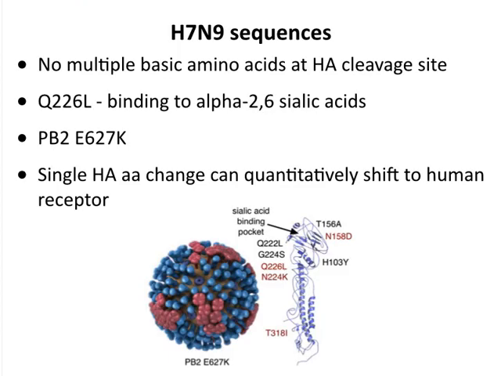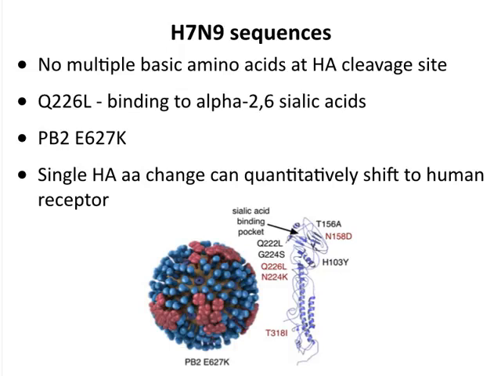If you look at the sequences, you get some clues about this virus. It has no multiple basic amino acids at the HA cleavage site, so it doesn't have a pantropic potential. And again, these individuals who get infection, the virus doesn't seem to be going outside the respiratory tract. It has a single amino acid change which enhances HA binding to human sialic acids. It also has already the RNA polymerase change. So it has 2 of the amino acid changes that are important for transmission in humans, but it doesn't transmit